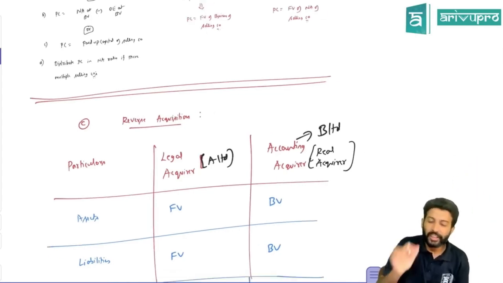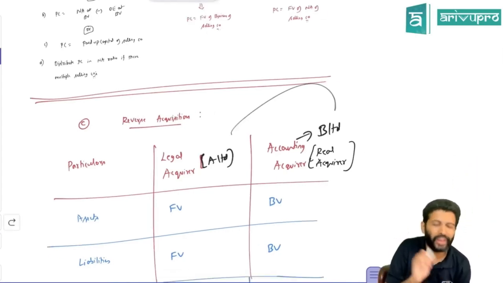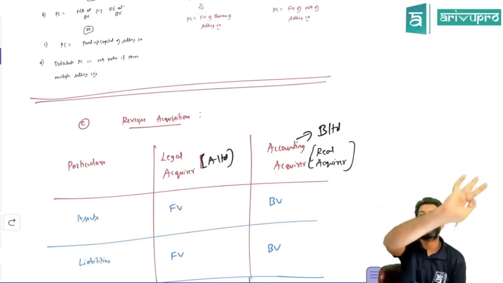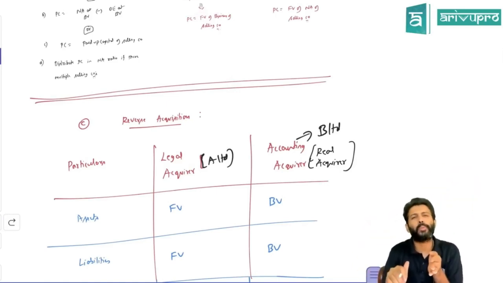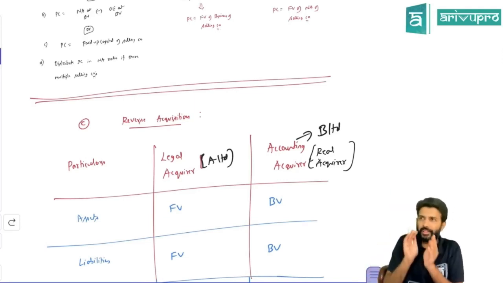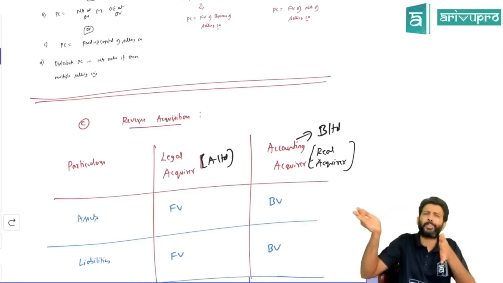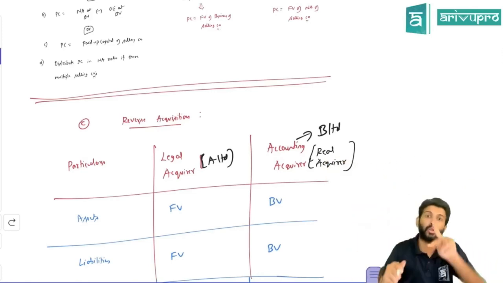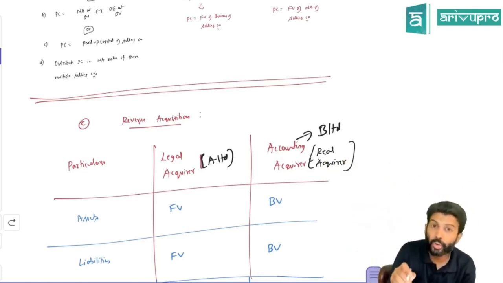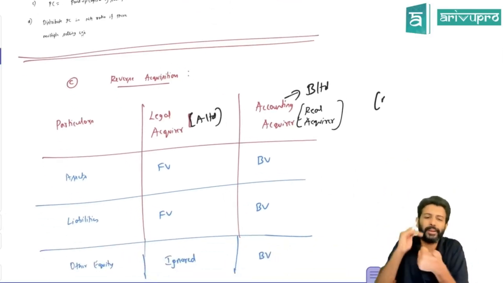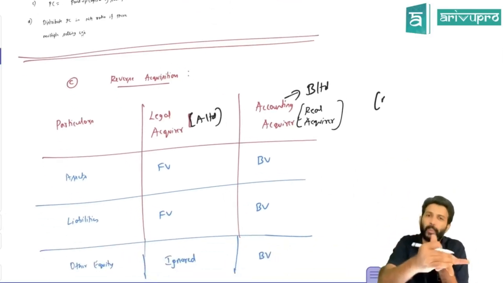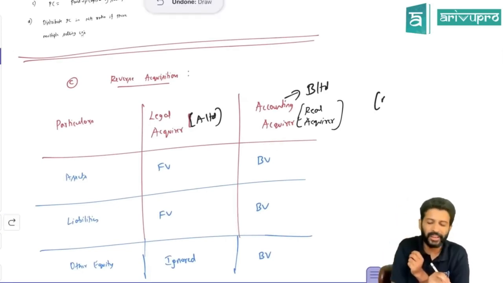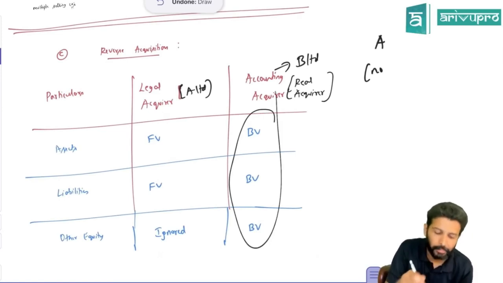Now you tell me, sir, here really what has happened? Not legally, in reality, B has acquired A. That means what will happen to B Limited's balance sheet items? If a parent has acquired a subsidiary, will anything happen to the parent's assets? No. The parent's assets will stay as they are. All the subsidiary's assets, the parent will show at fair value. Correct? So here who's the real acquirer? B Limited. B Limited's assets, liabilities and other equity, reserves and surplus will be shown at book value only because they are the real acquirer. The real acquirer's assets, liabilities and equity will not change. That means they will come in at book value only.